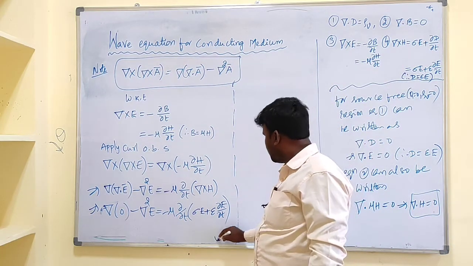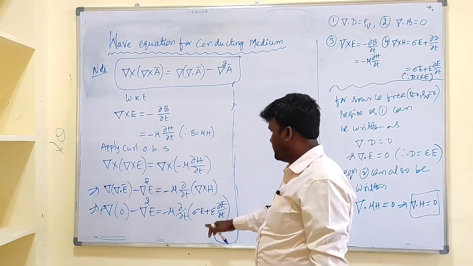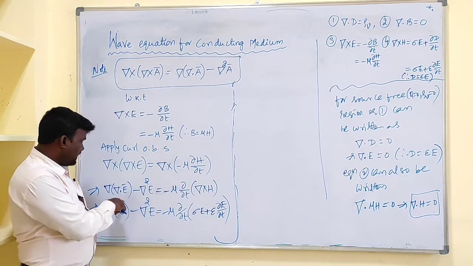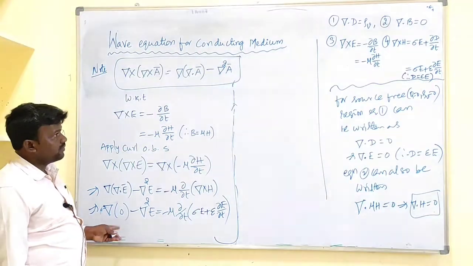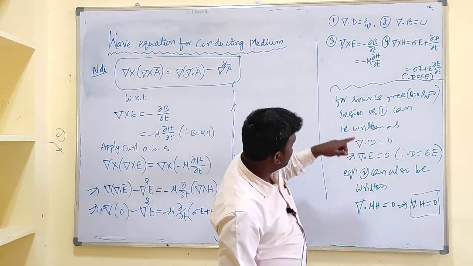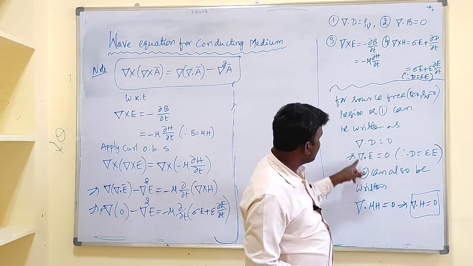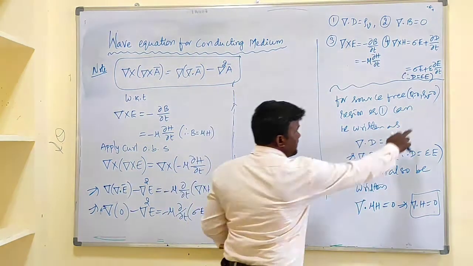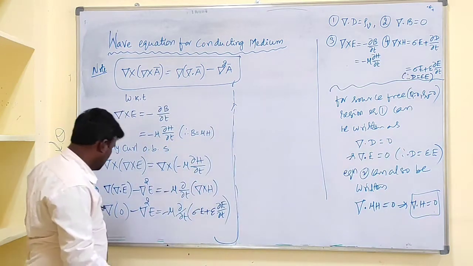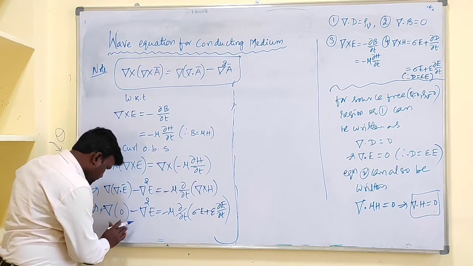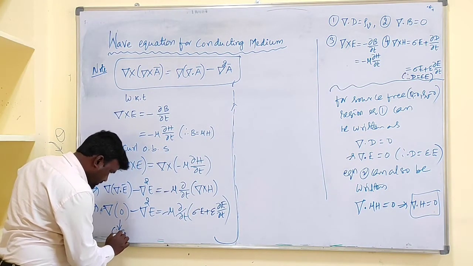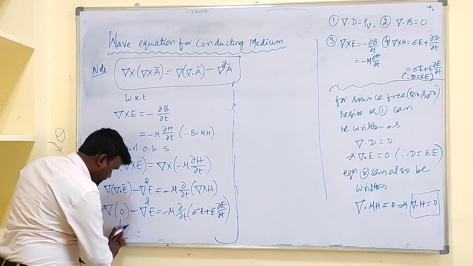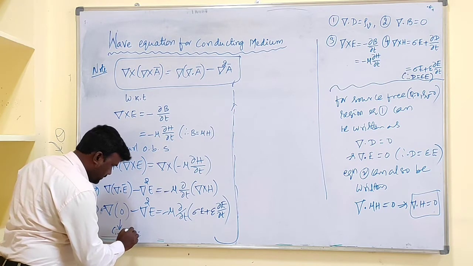Now move on to here. After this, next, why it is 0, I will explain this one. Del dot E is nothing but 0. Why here we consider del dot E as 0? In case of a source free region, for a source free region rho v equal to 0. In this case it is 0, since the region is source free.